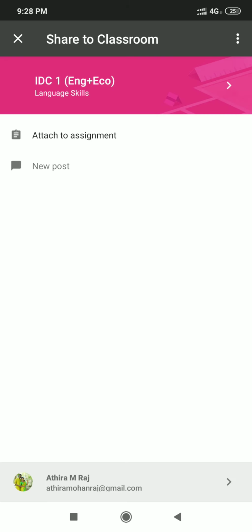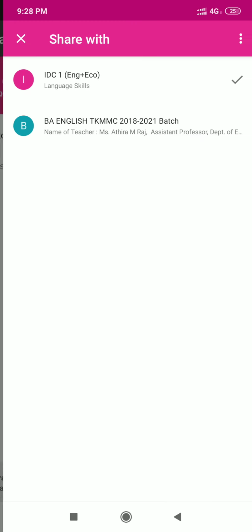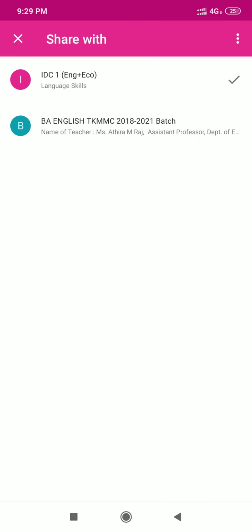Okay. Here the classroom first DC1 English plus economics, our classroom, is shown, but sometimes it will show some other classroom which you are enrolled in. If it doesn't show first DC1 English plus economics language skills, what you have to do is click on that particular classroom which shows here. Then the other classrooms which you were enrolled in will be shown.